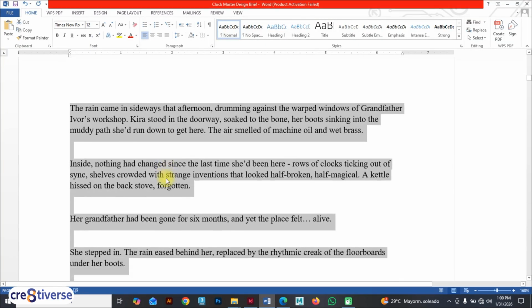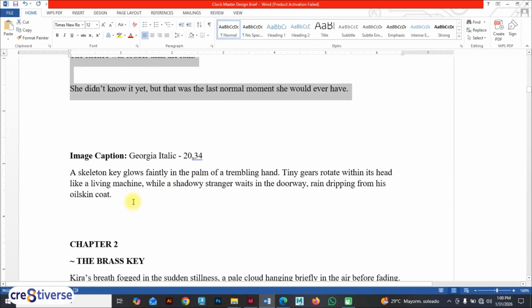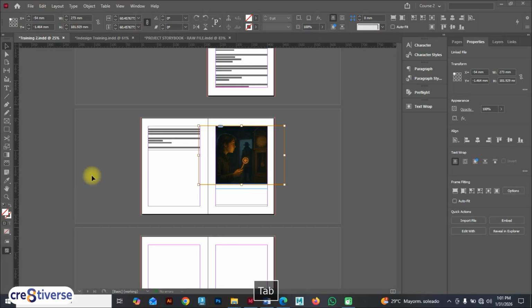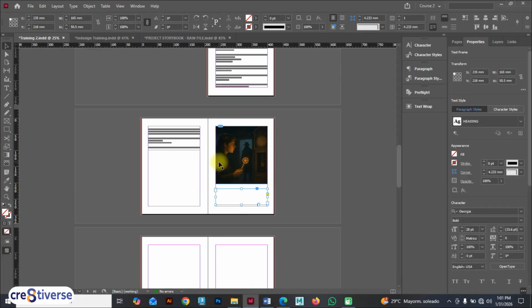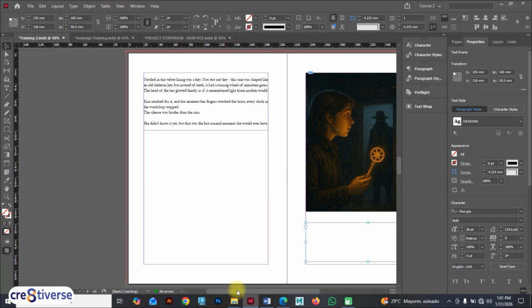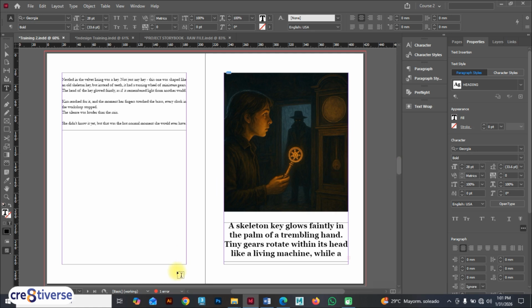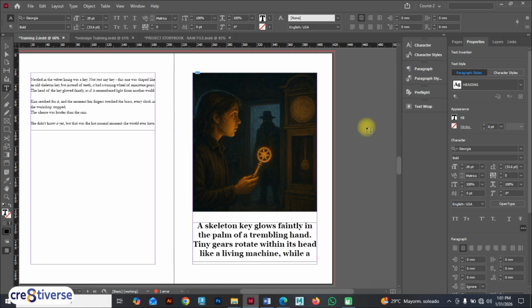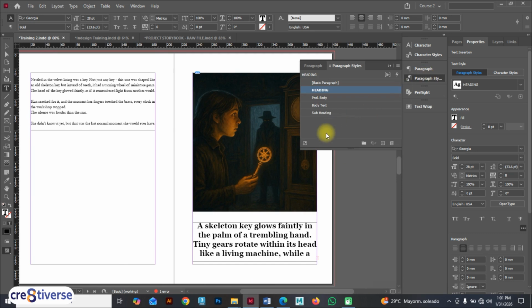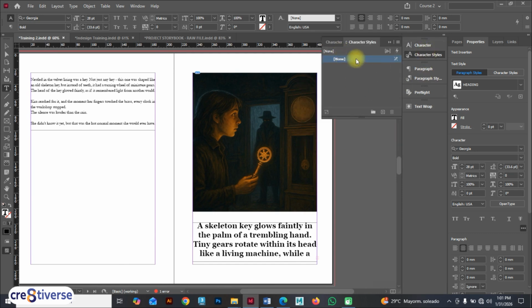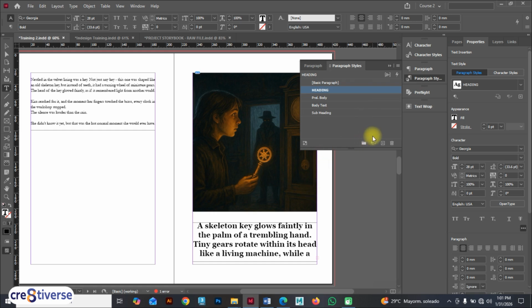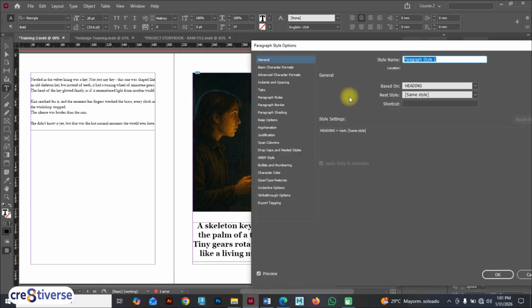Come in here, chapter 1. I think my image caption should be here. So okay, come to 0 to maximize, and click this, Ctrl V. So what do you think? I'm going to be creating a new paragraph style for this. So up to my paragraph style, I'm going to make sure it's none. Okay, paragraph style, I'm going to create a new one. I'll click here. Okay, I've created one already here. Double click and call it